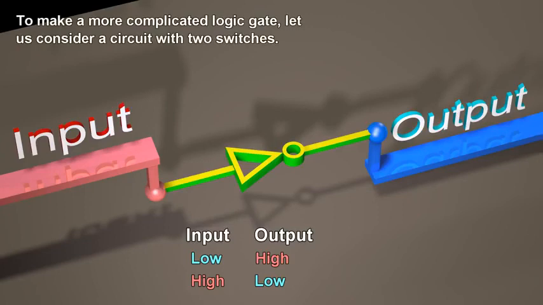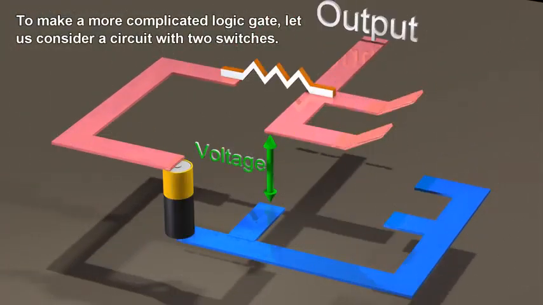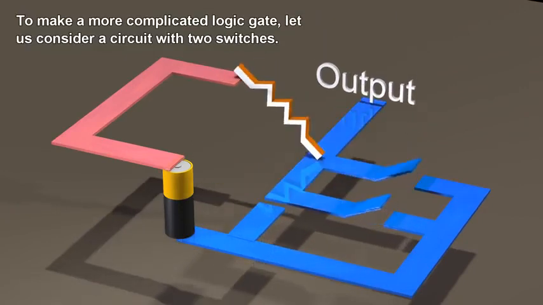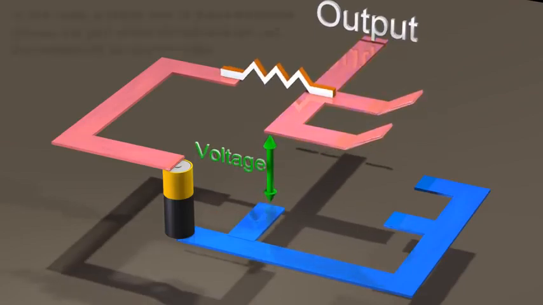To make a more complicated logic gate, let us consider a circuit with 2 switches. In this case,